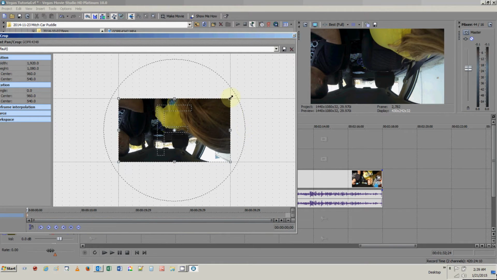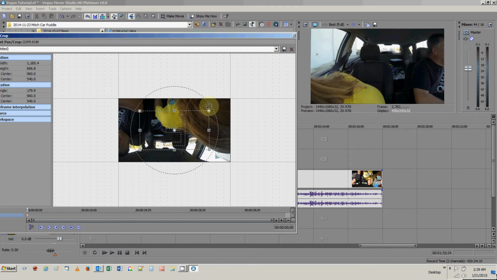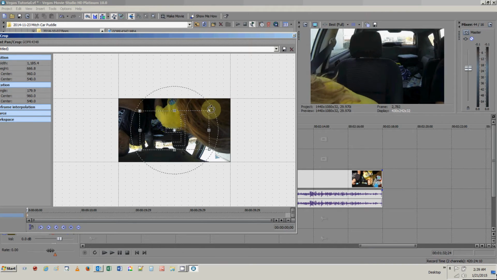First thing I want to address is that it's upside down, obviously. So I can come over here. This turns into a little circular motion type of thing. I can flip this around, and when I do, you'll notice the video here has been flipped the right way. I can also bring it in like this if I want to zoom in. Of course, you got to be careful, because if you go in too far, it'll get pixelated.